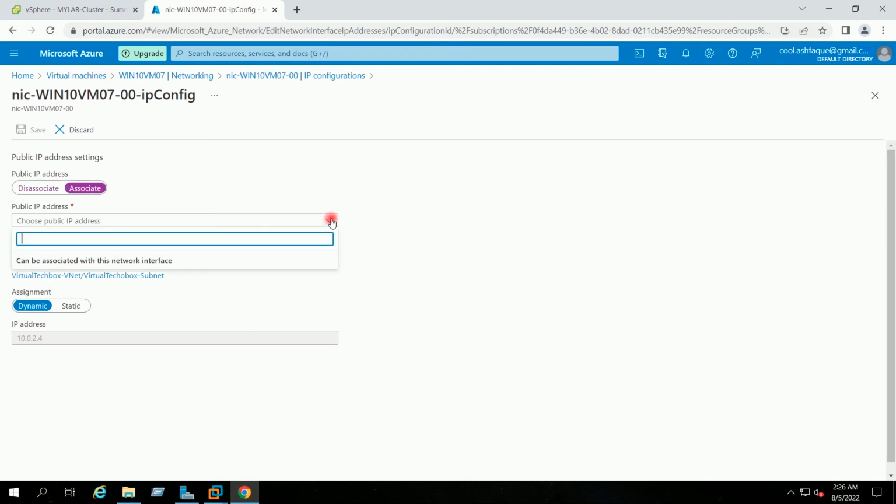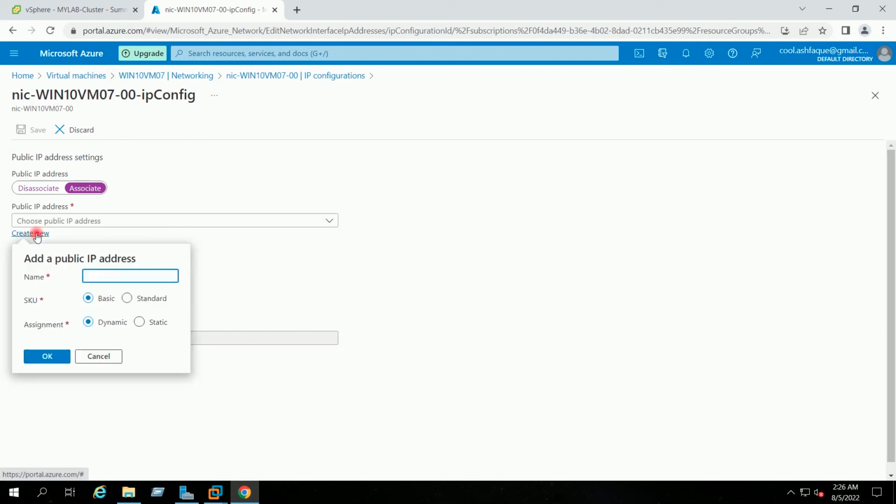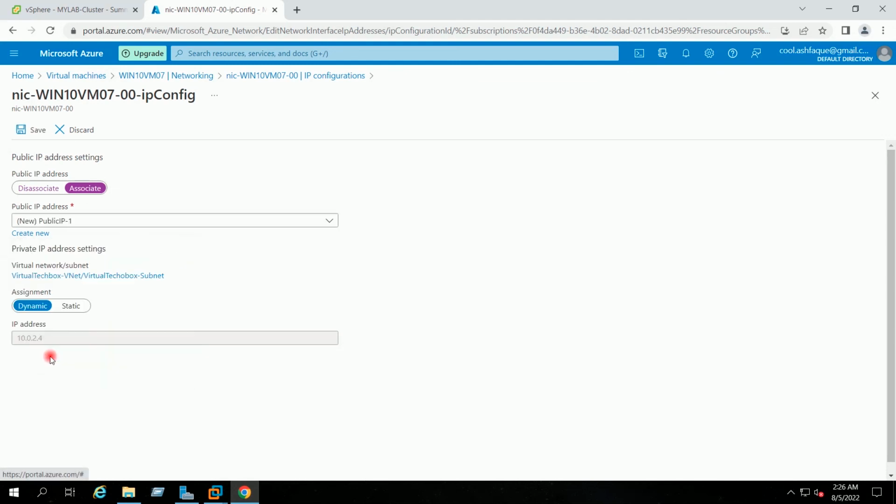As of now, we don't have any public IP in our resource group. I will click on create new. I will give the name public IP-1. Okay. Assignment dynamic. Save.